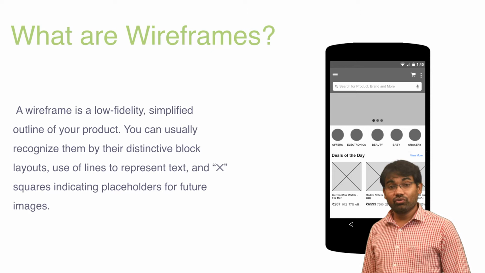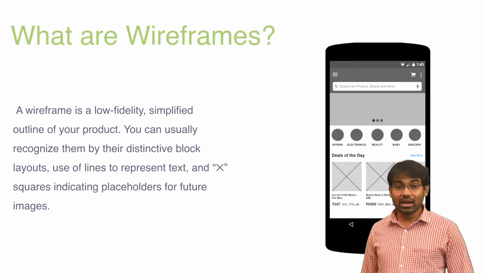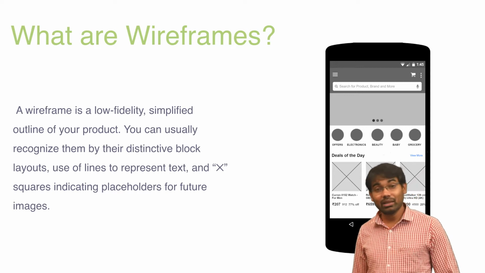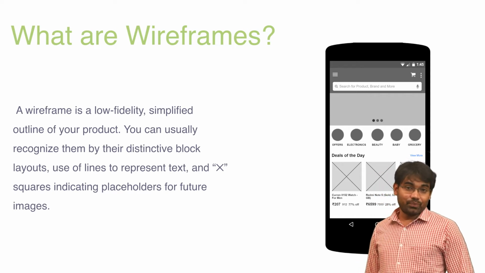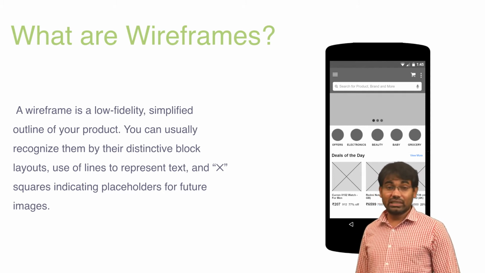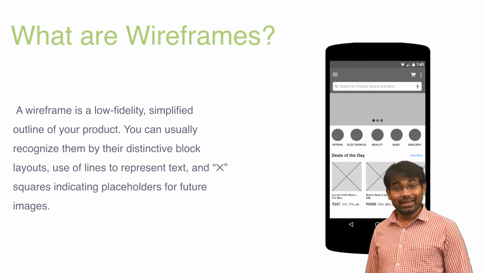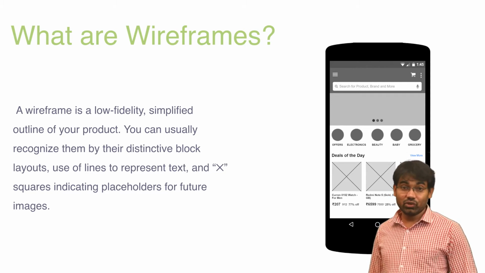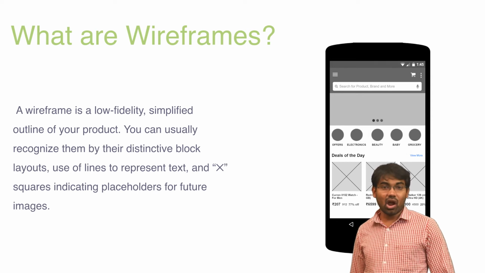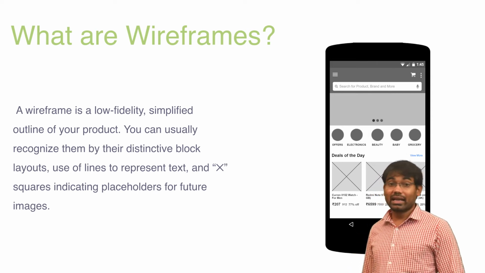It can be used for a website, it can be used for a product, it can be used for software, or it can be used for any type of product. To create a wireframe, we can use shapes like a rectangle box, circles, lines, and text to represent the placeholder for the content. All these shapes indicate how the actual content will look.